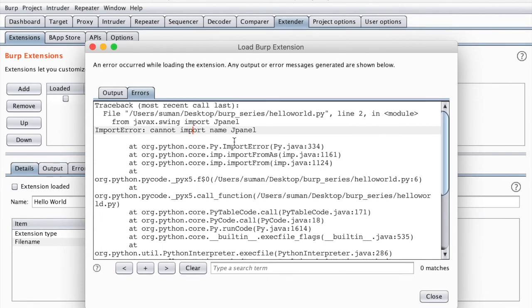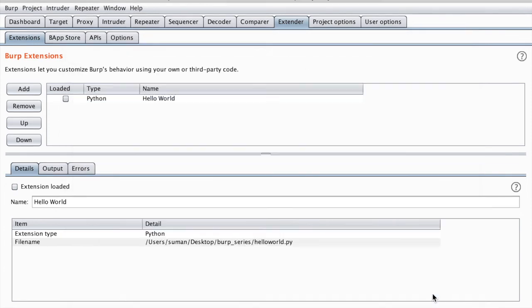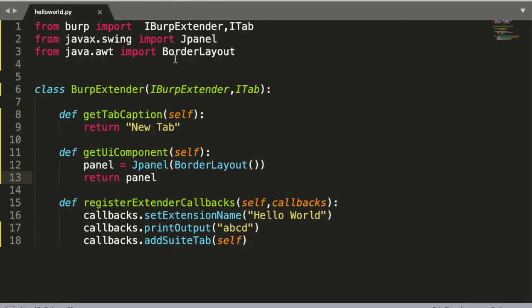Okay, cannot import jpanel. So let's check the name properly. Okay, so it's a naming convention error.